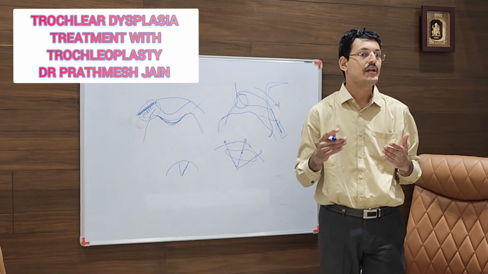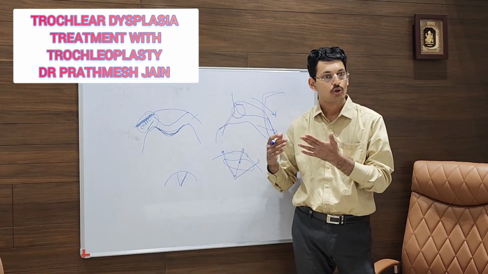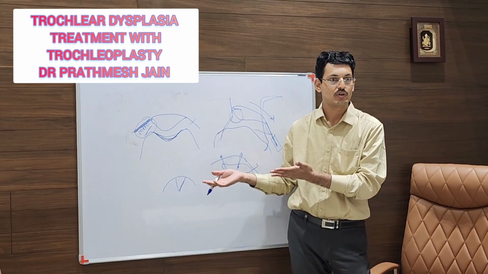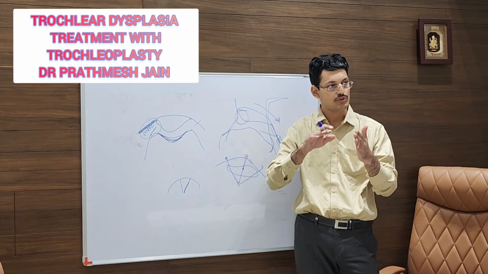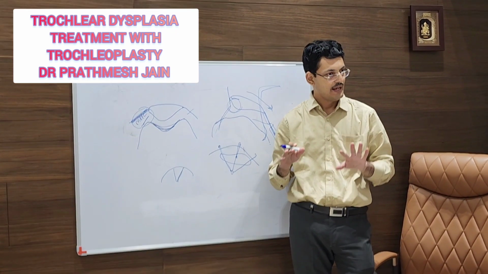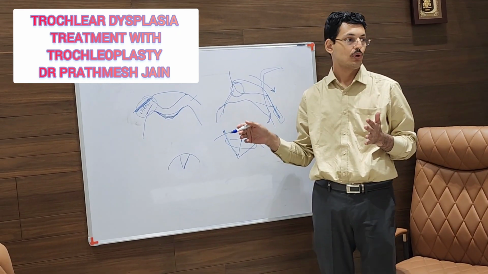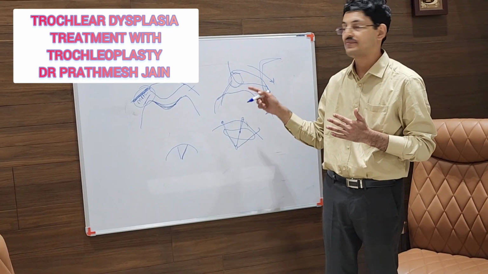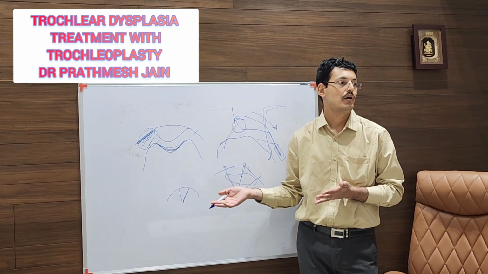The difference that we make is that we approach it through a medial approach. We are more conversant with the medial approach; we are all very good at it because we do a lot of TKRs. So it is just like a TKR, but you need to separate the capsular layer, evert the patella, do the trochleoplasty, and then close the arthrotomy with the MPFL advancement, and then it is just like normal.